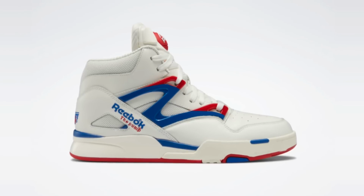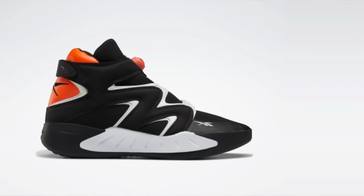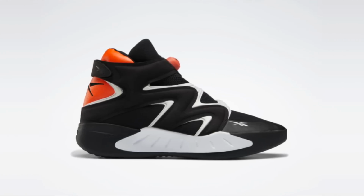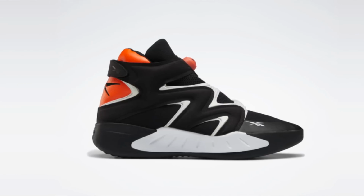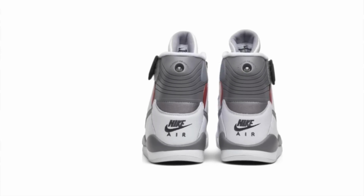Everybody pretty much remembers that Reebok Pump basketball shoe with the pump on the tongue. It still actually is a pair of sneakers that gets retroed today. Even last week, they released another colorway of the Pumps, so it's something that is still retroed and still relevant. In 1989, though, Nike wanted a slice of this pie, and they created their own version of the pump technology